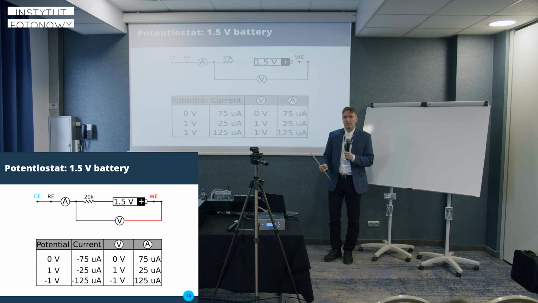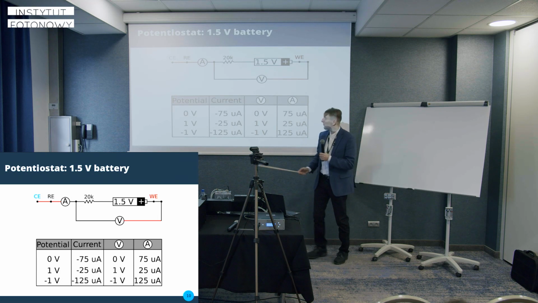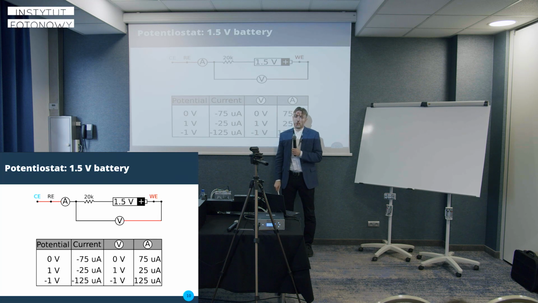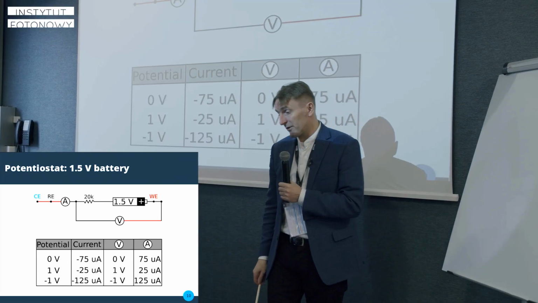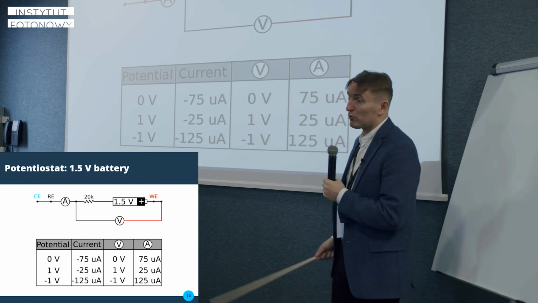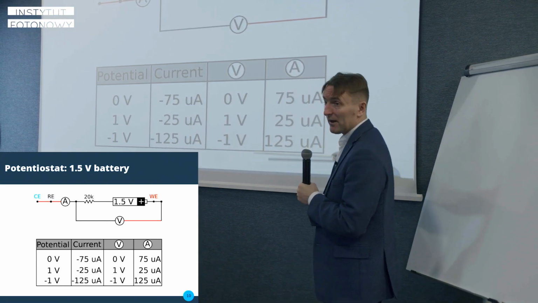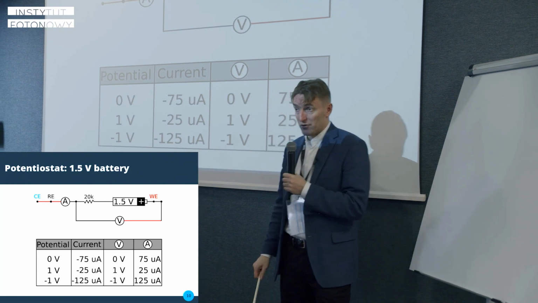What it means is that we have 2.5 volt difference needed to be produced on that resistor. And if you divide 2.5 by 20 Ks, you will get that value. Still, the potentiostat shows